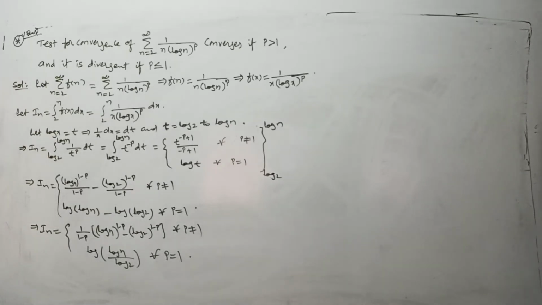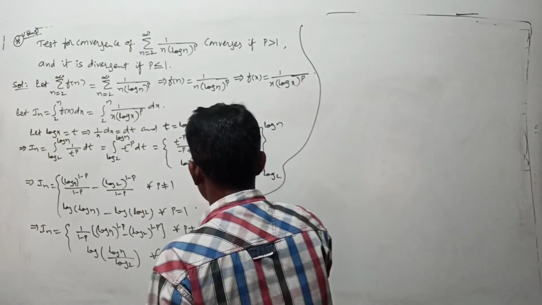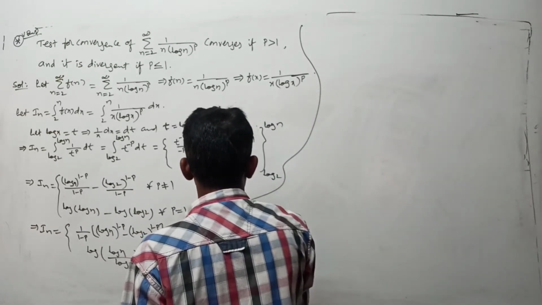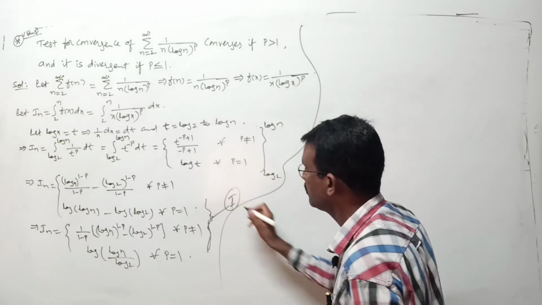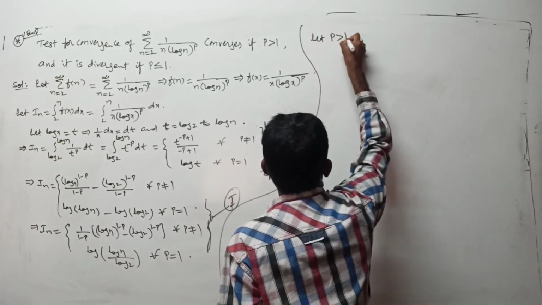Okay, now let us go for your result, the p greater than 1 case. First case I am doing. In three cases you have to do. This is relation number 1, proceed better for our convenience. Big expression 1. Now let p be greater than 1.